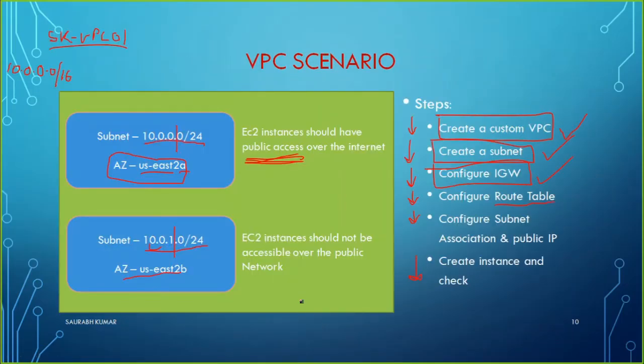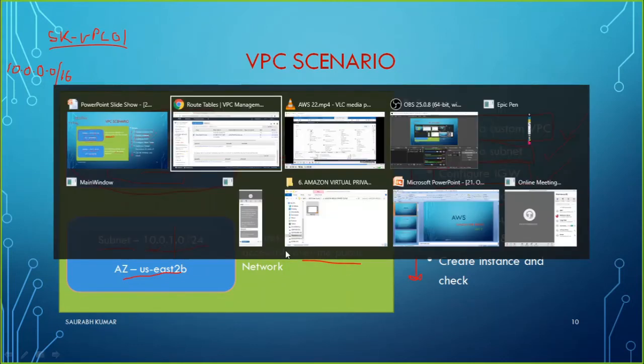So our scenario was like that. All the EC2 instances connected to this subnet should be accessible on the public network, whereas all the EC2 instances or resources connected to this subnet should not be accessible over the public network. So that's why I have associated only this subnet with the route table. Now let's perform the next task as well. So what is the next task we are going to perform here is,